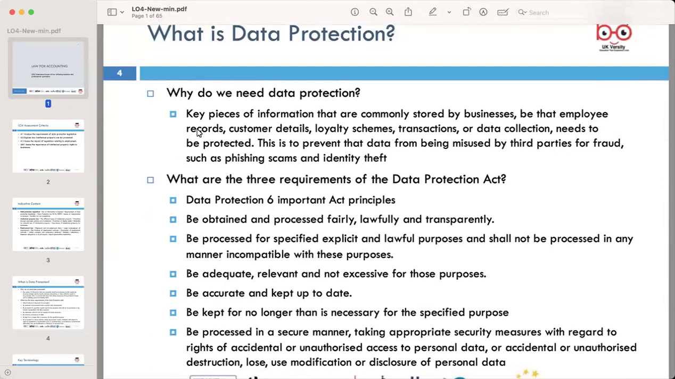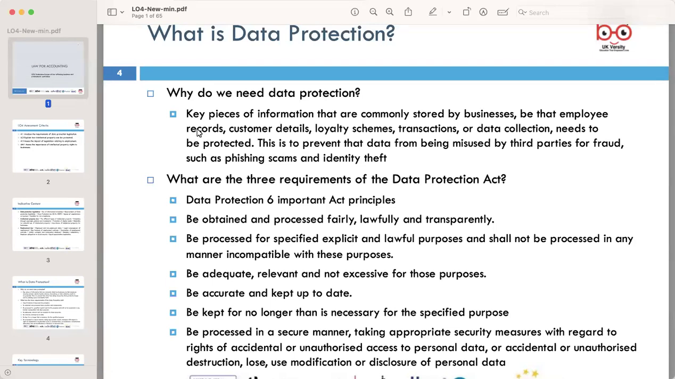So, what is data protection, and why do we need data protection? So, the necessity for data protection arises from the critical need to safeguard key pieces of information commonly stored by businesses. So, this includes employee records, customer details, loyalty schemes, transactions, and data collections. The aim is to prevent the misuse of the data by third parties, particularly in the context of fraud such as phishing scams and